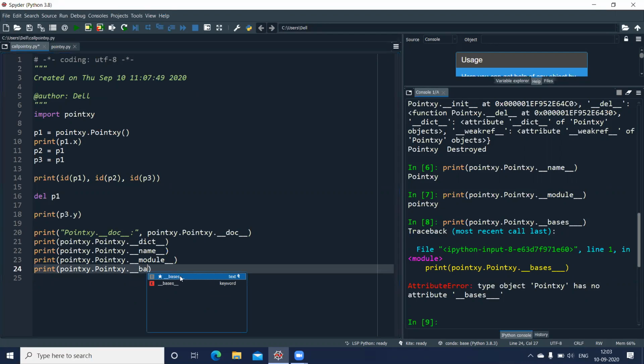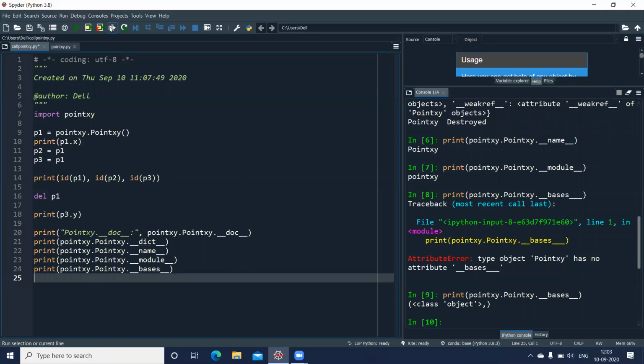We do have this bases here, or might be it is used in a lower version, but still I'll run this. Here it gives you the base class. It says this is my base class, class object. So object is my base class for the class called Point.xy.